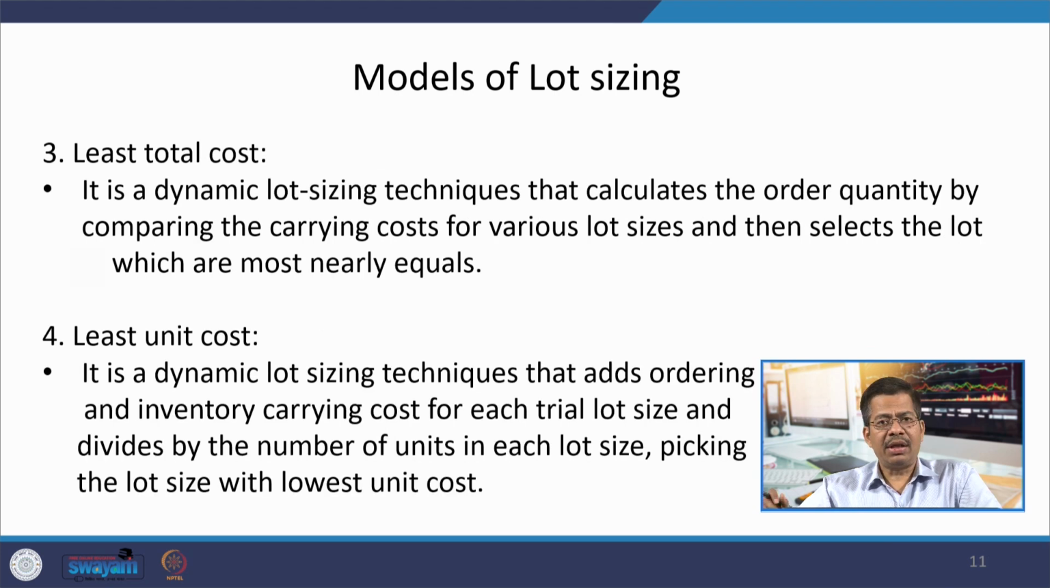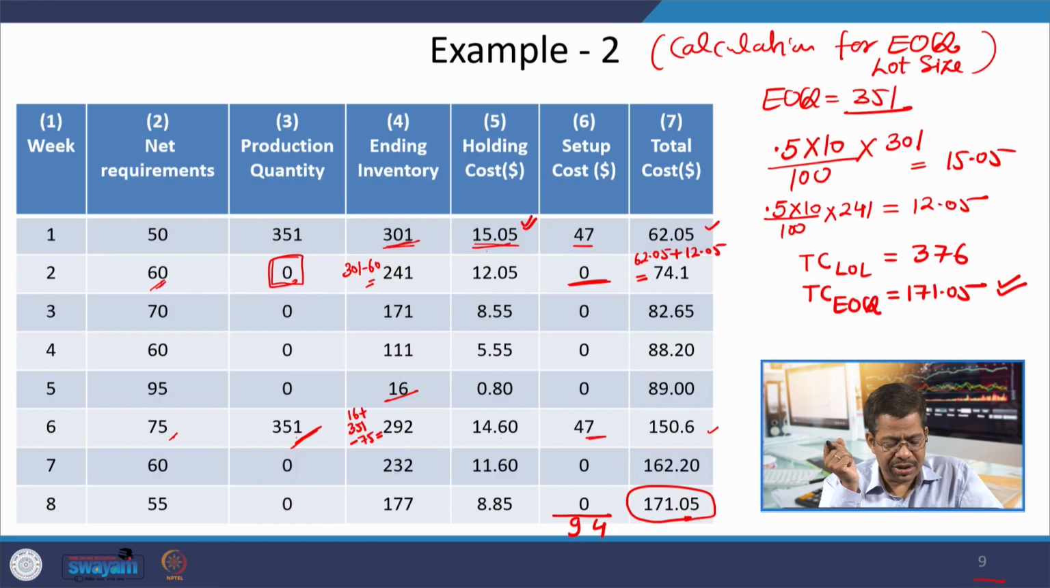Then another type of model which we follow, that is least total cost system. That is, it is a dynamic lot sizing system where we are not following a particular quantity. In our EOQ system, we have followed a particular quantity, that is 351. One more thing I would like to tell you, whether it is LOL or our EOQ system, you are giving the order of this EOQ quantity in the period when the demand is there now,